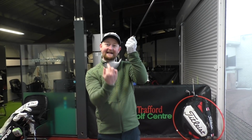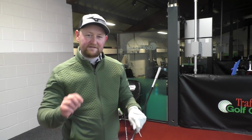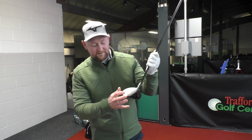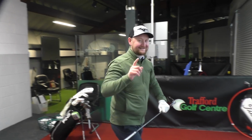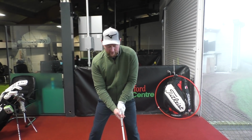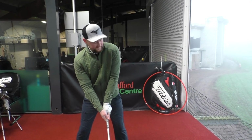You might need to get it higher up the face. Okay, so hitting it out of the top, and this is actually probably almost like the second sweet spot, I would call it. We always think that we want to try and hit it slap bang out of the middle of the golf club here, but that's not quite true, because what would happen if I get it a little bit more towards the top edge of the driver, a bit like so,